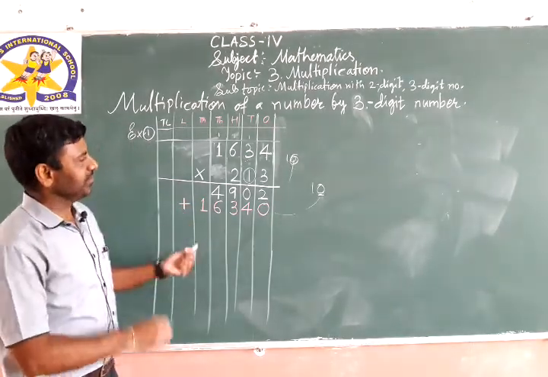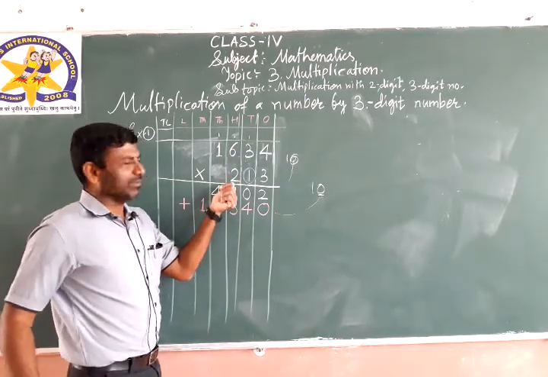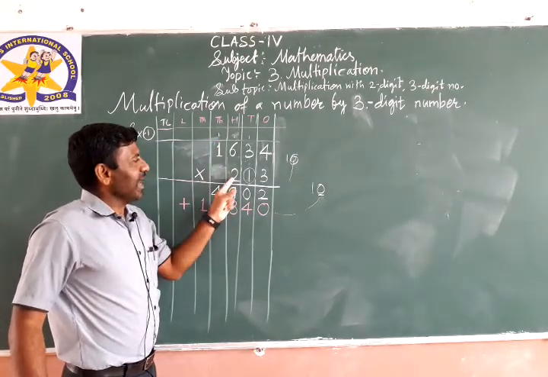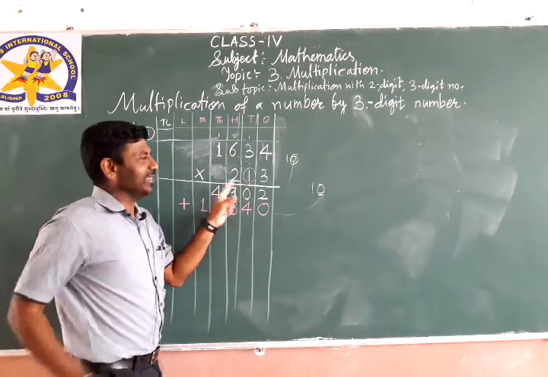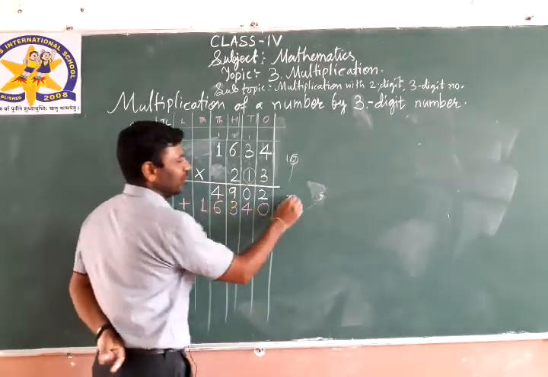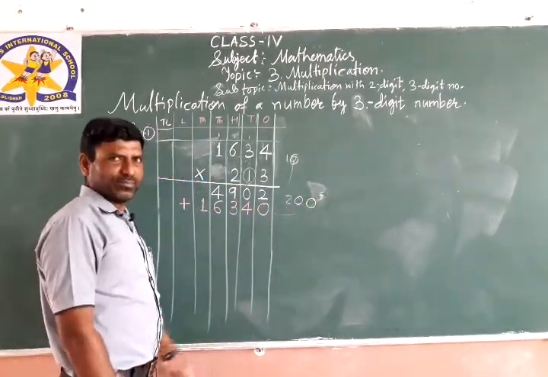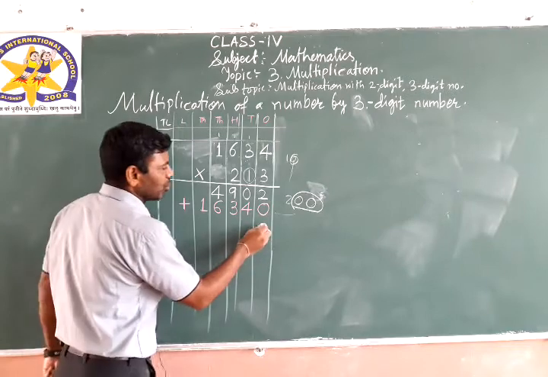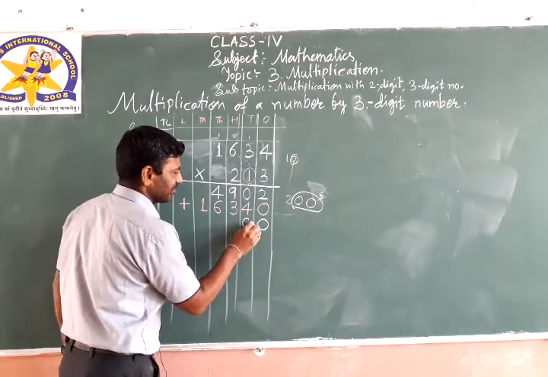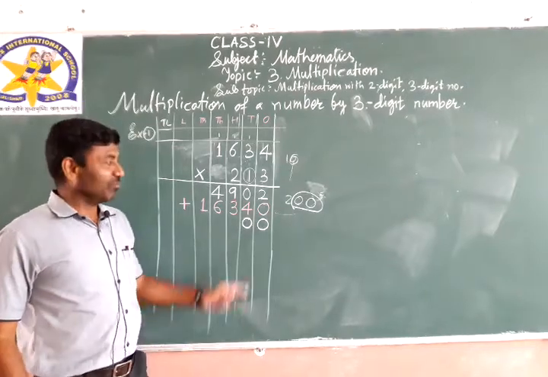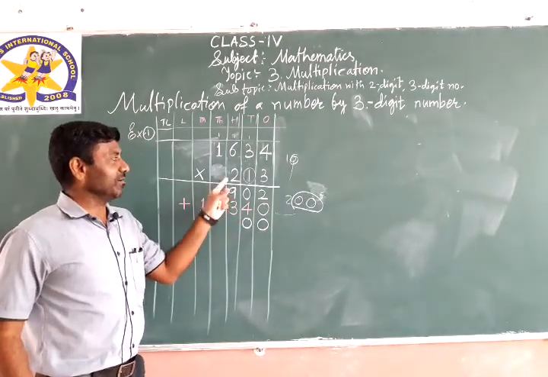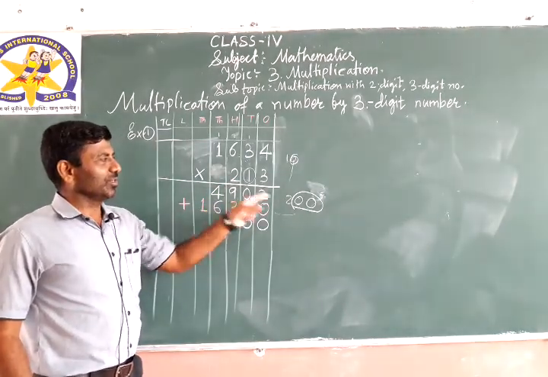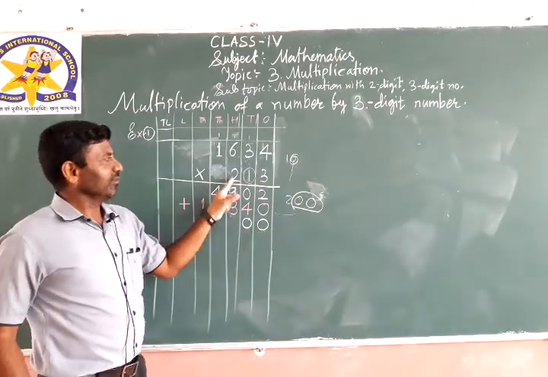1 6s are 6, 1 1s are 1, and put the addition sign here, right? Now which place remains? The 100 place. Which number is in the 100 place? 2. Now multiply with 2. 2 is in the 100 place. So what is the place value of 2? 200. So how many zeros does 100 have? 2 zeros. So put 2 zeros in advance. Right? Why are we putting 2 zeros? Because we are multiplying with the 100 place and 100 has 2 zeros. The place value of 2 is 200. So 2 zeros here, 2 remains.